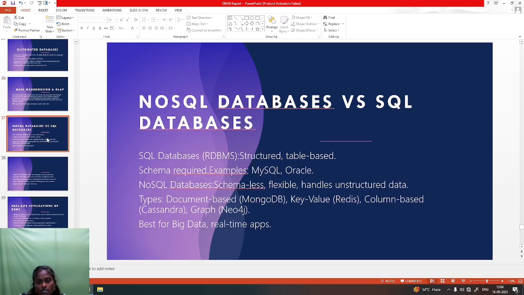NoSQL database versus SQL database. SQL databases like RDBMS are structured and table-based, with a required schema, for example MySQL, Oracle. NoSQL databases are schema-less and flexible, and handle unstructured data. Types: